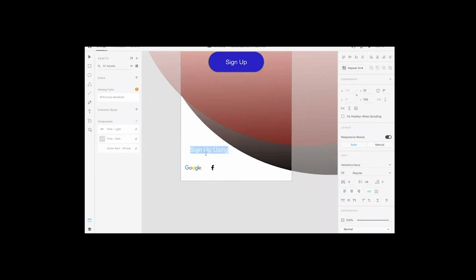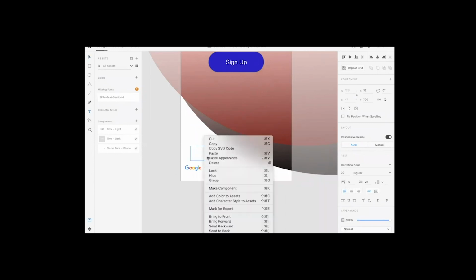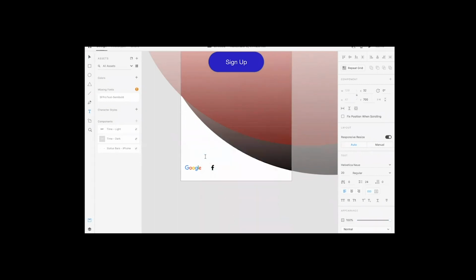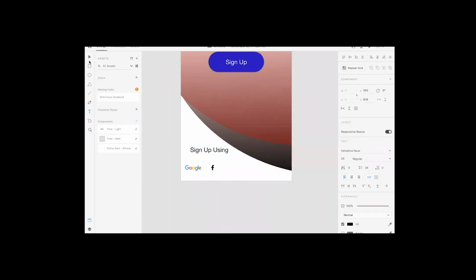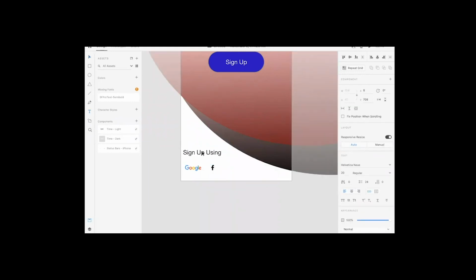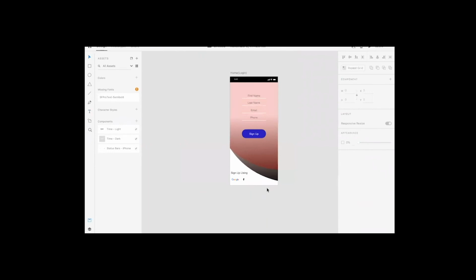And maybe bring to the front. Yep. This is how you can create